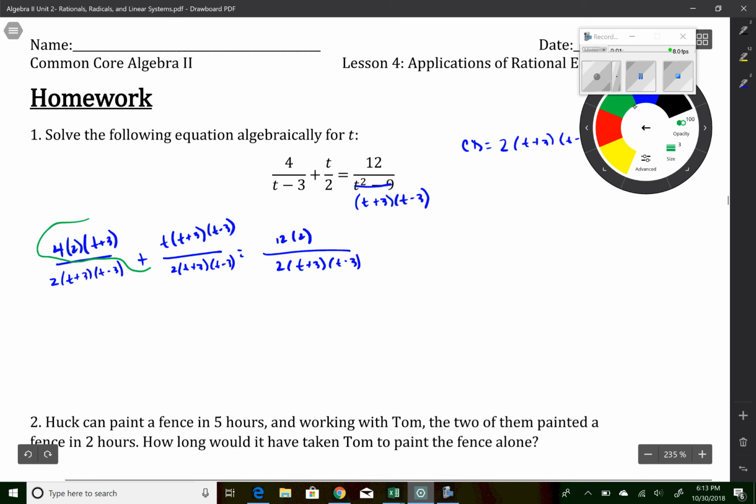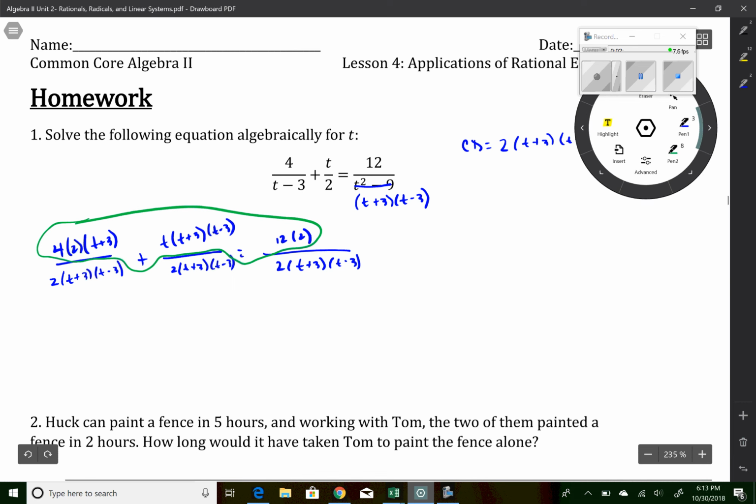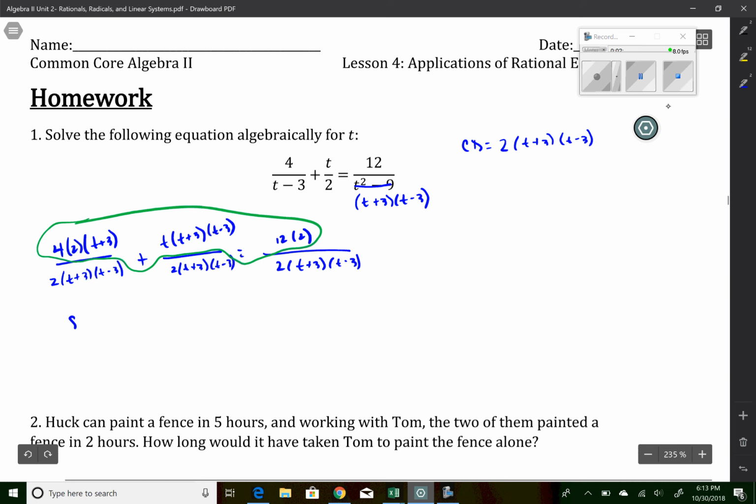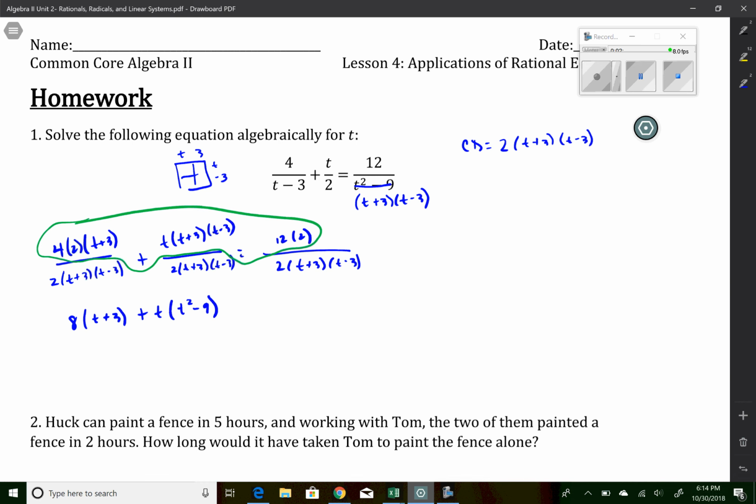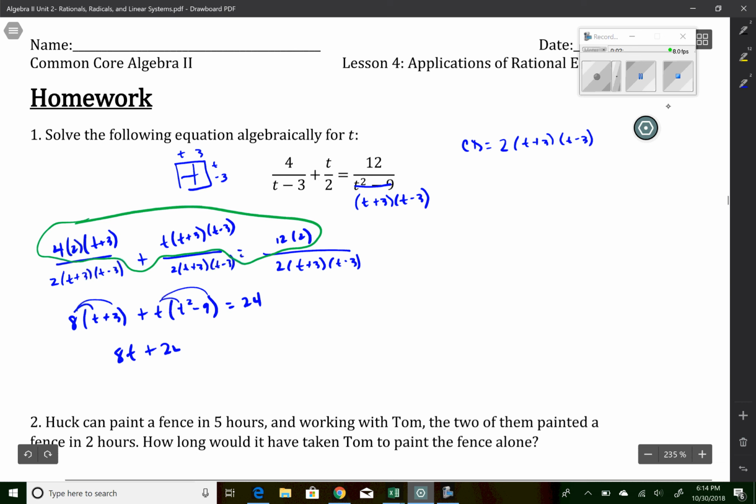So now I'm looking at this and I'm saying all my denominators are the same. So now all I care about is the numerators. So I'm going to make an equation that just has those numerators in it. So 4 times 2 is 8 times t plus 3 plus t times t plus 3 times t minus 3. I'm hoping at this point we see that and we think, well, I could just unfactor that and make it t squared minus 9. If you don't see that, make your boxes, t and 3, t and minus 3, and multiply it all out like we normally would have done all the way back in lesson 2 of unit 1. On the other side, I have 12 times 2. That's easy enough for me to do. That's 24. Then I have some distributing to do. So I do some distributing, and I have 8t plus 24 plus t cubed minus 9t